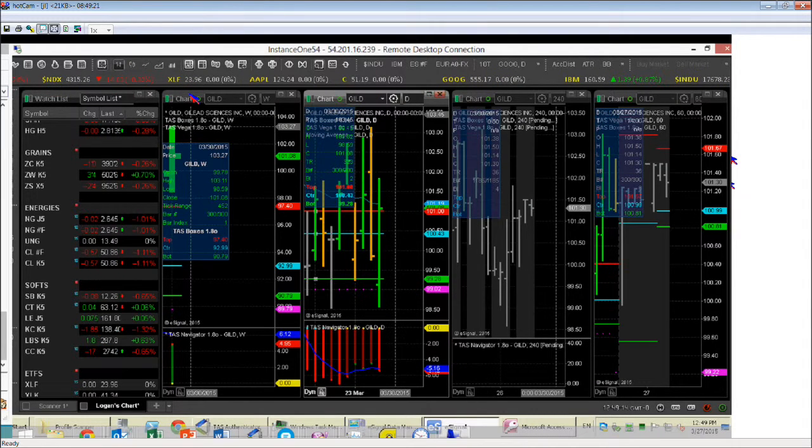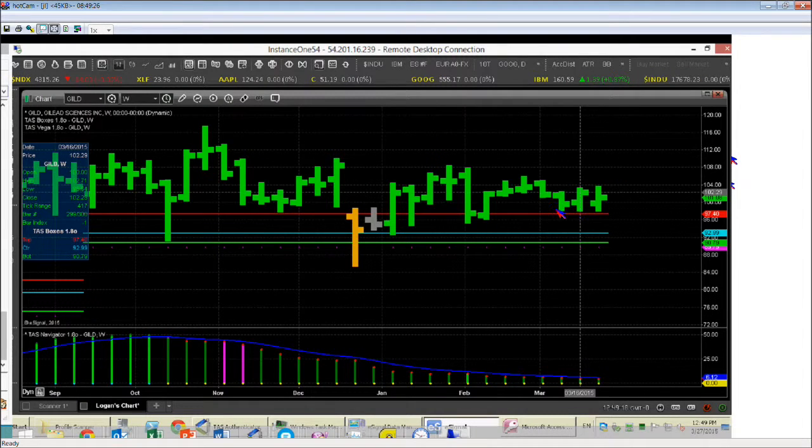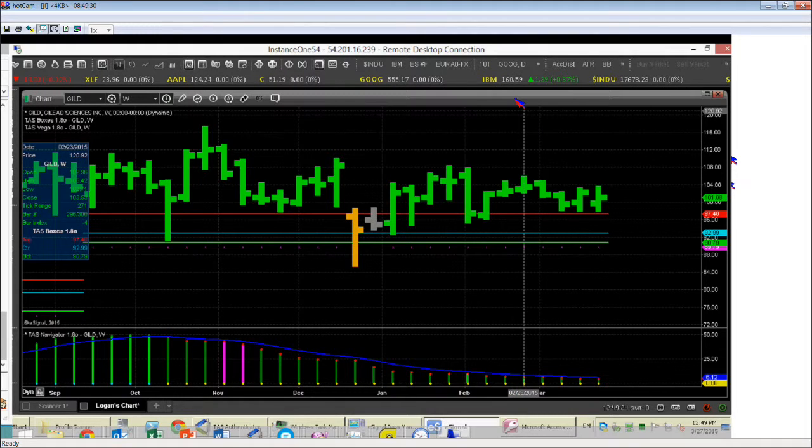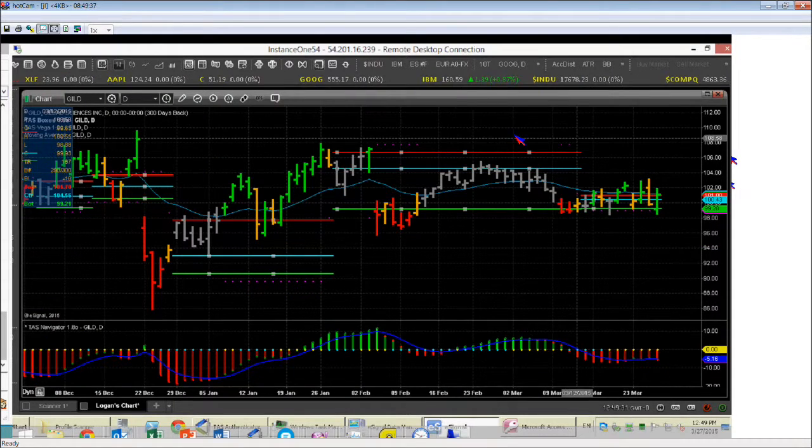Here's the weekly. Feels like this one's getting ready to compress, and possibly be on the launching pad to move higher. Stops below 97.40 on this one. And I think you got a lot of juice left in Gilead on the way up. But put your stops in, folks. We'll be right back.